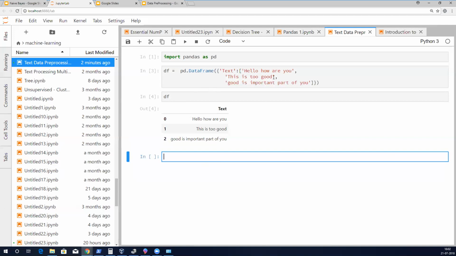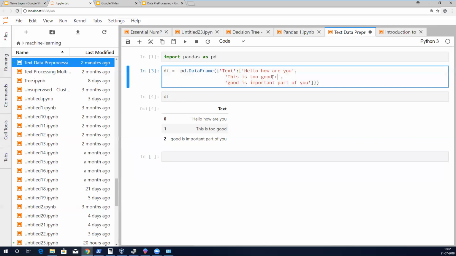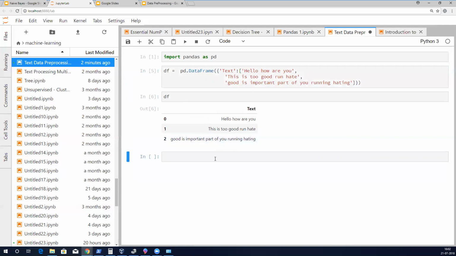I'll just change some words and add some sentences also, just adding some words. Now I have to convert these words, from sklearn dot